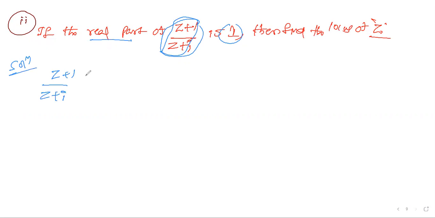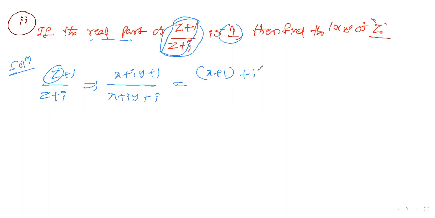This you simplify into x plus iy. Then after, you should think. Wherever there is a z, you can write x plus iy. After this, x plus 1 into iy, what can I write for this one? x plus i into y plus 1. Okay, but the question is not like this. It should not be x plus 1.